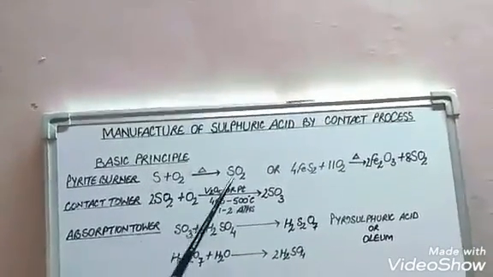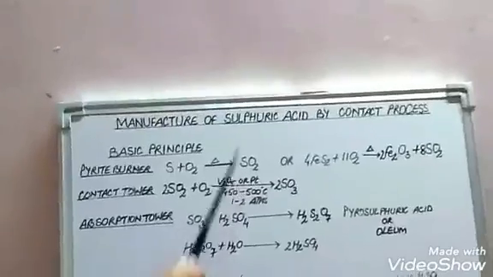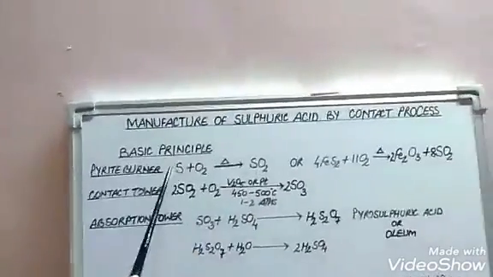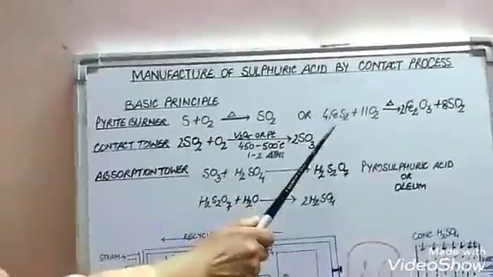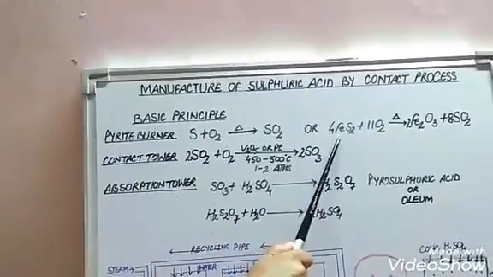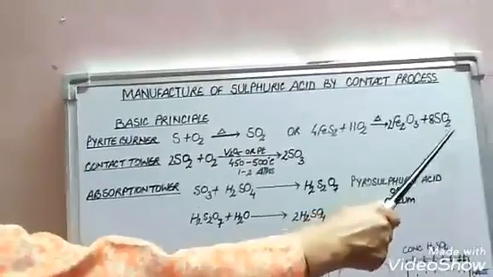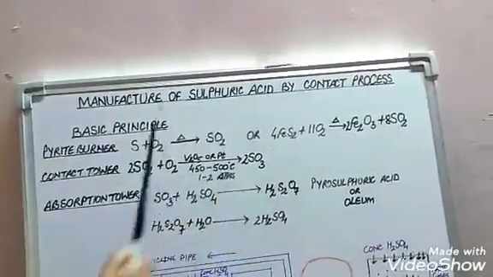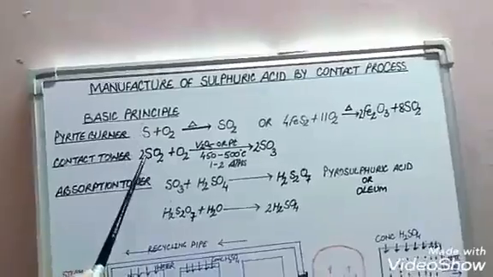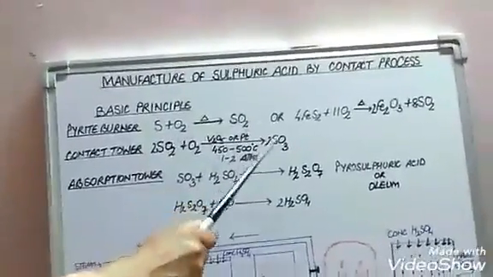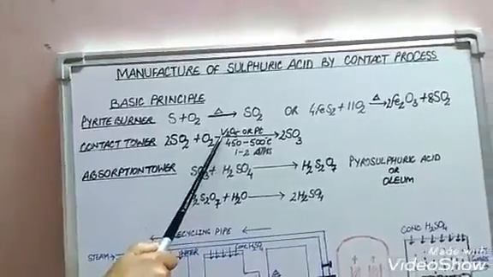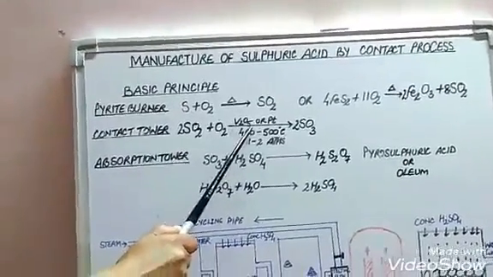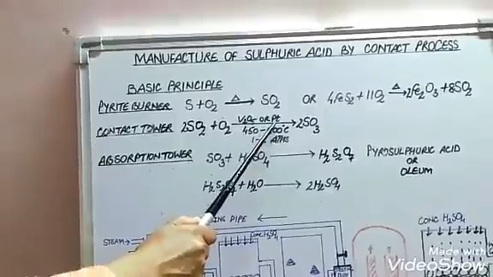First reaction is production of sulfur dioxide, which can be done either by burning sulfur directly or by the oxidation of iron pyrite to produce ferric oxide and sulfur dioxide. In the second reaction, sulfur dioxide is oxidized to sulfur trioxide in the presence of catalyst, vanadium pentoxide or platinized